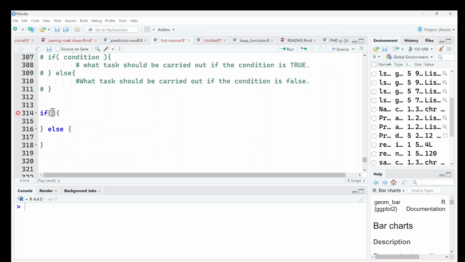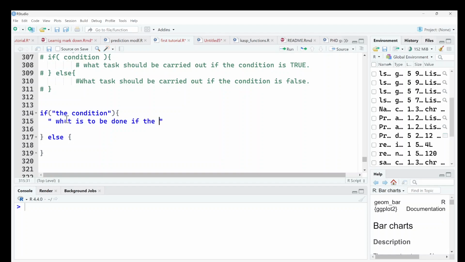To explain, I'm saying if, so in the round bracket you insert the condition. Now in the curly bracket, if the condition evaluates to true, then over here you would write what is to be done